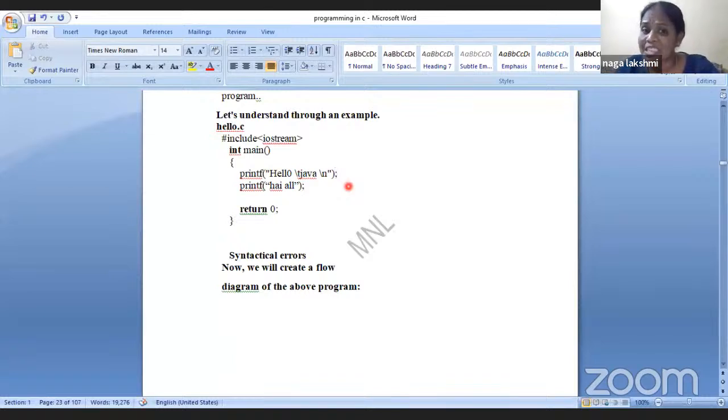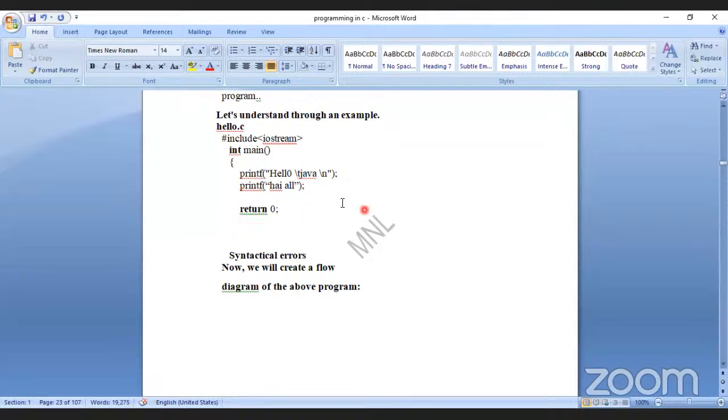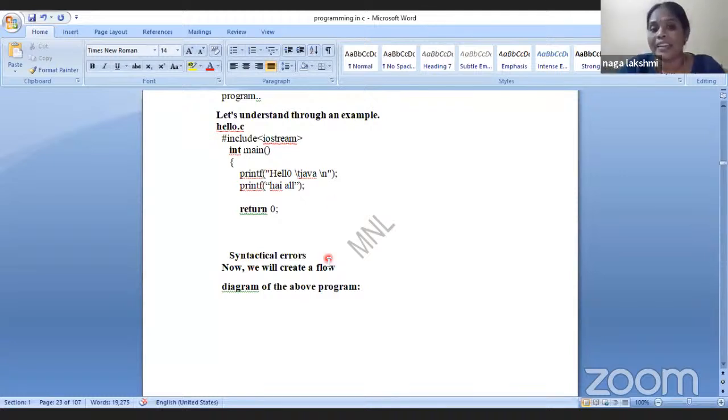If any structure goes wrong, like a formula, because formula is nothing but syntax in our programming language, for example if I miss the semicolon or the closing parenthesis, the structure is missing, or not? Yes, those errors come under syntactical errors. Got my point, everyone? These are called syntactical errors.